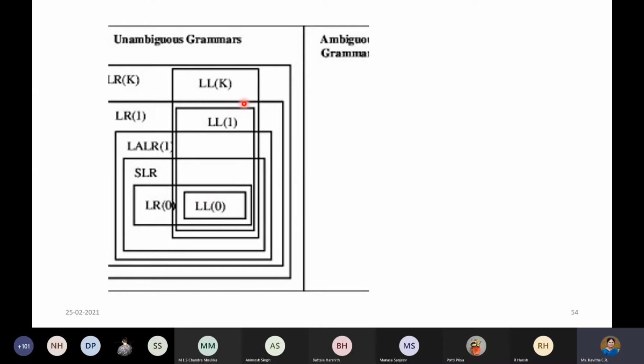But if you have access to the look ahead symbol, at least one symbol, then it will be effective, definitely. And so the next level goes with LL of 1, and LL of 1 is always compared with LR of 1 because of the number of look ahead symbols we have. And then more effective would be LL of K. As you increase the number of look ahead symbols, the parsing also will be more effective.